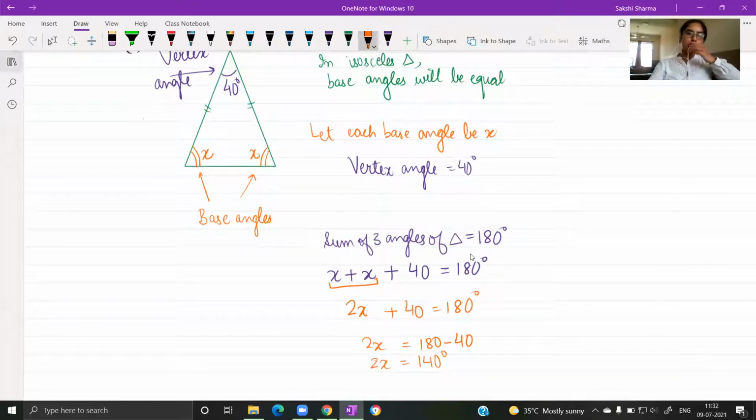Samira, it's given to us in the question: if we add the measure of the 3 angles of a triangle, whatever triangle it is, the 3 angles it forms, if we add their degree measures, the answer that comes is 180. This is a known fact. The answer comes out to be 70 degrees. So each of the base angles is 70 degrees.